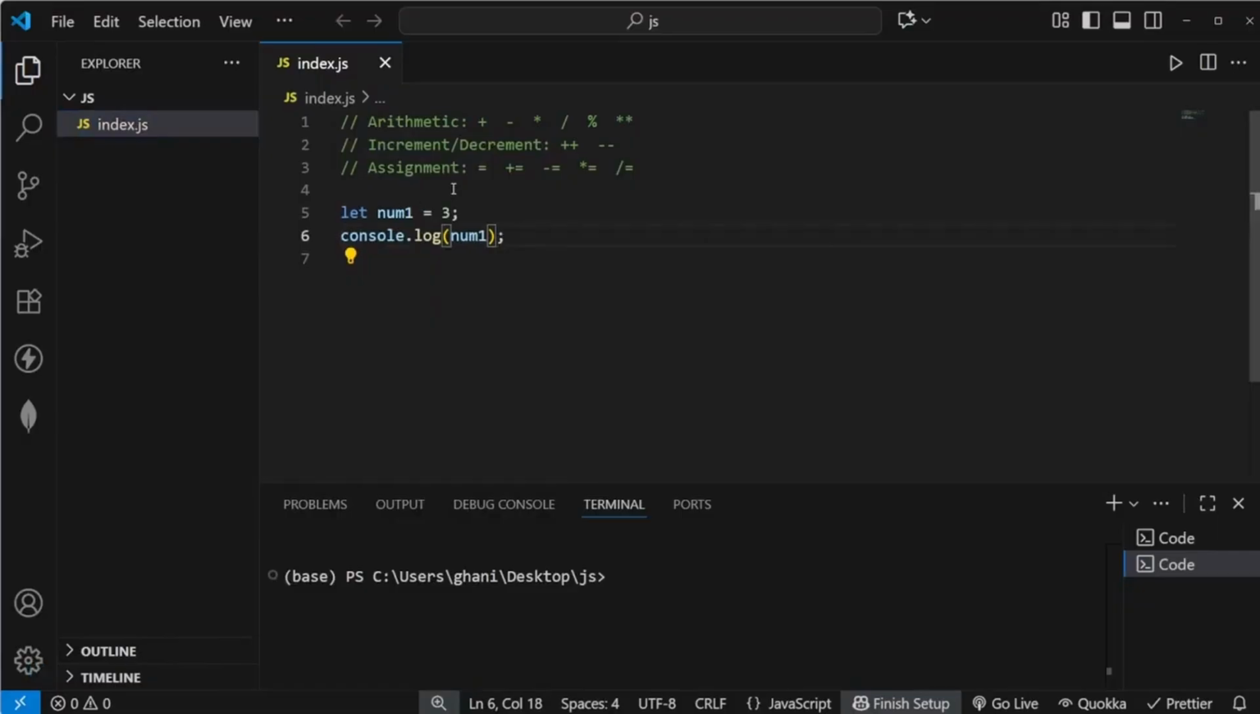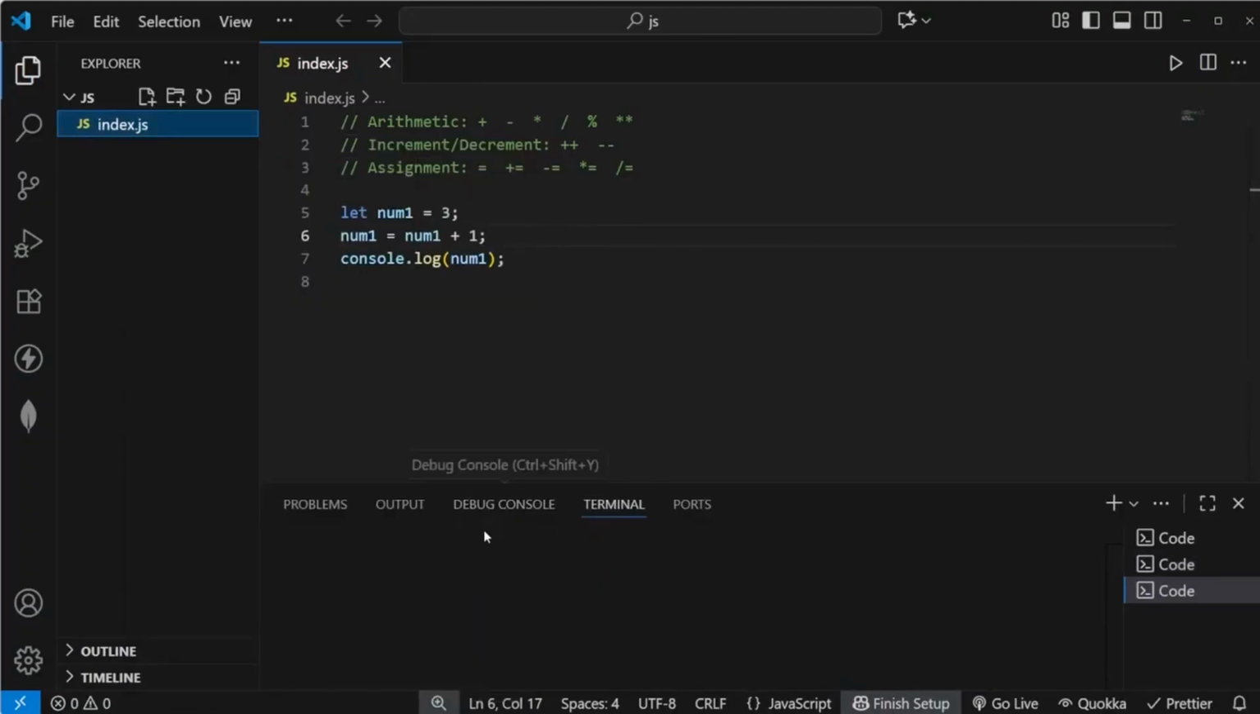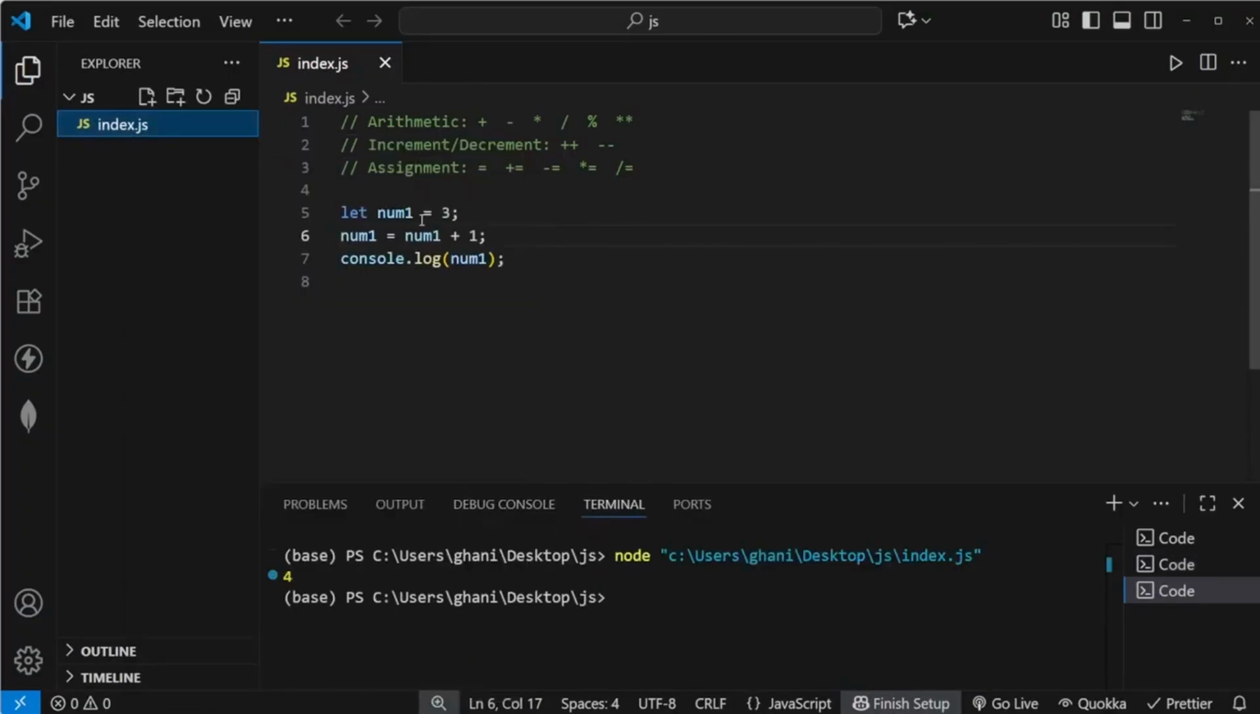So now let's imagine we just have num1, and we are logging num1 inside of the console. Now to increment num1, we could also go ahead and say num1 is equal to num1 plus 1. And this would obviously increment num1 by 1. And if we log this in the console, we obviously get the value 4 because 3 plus 1